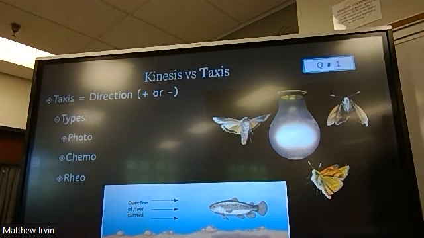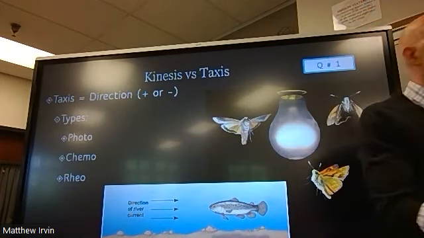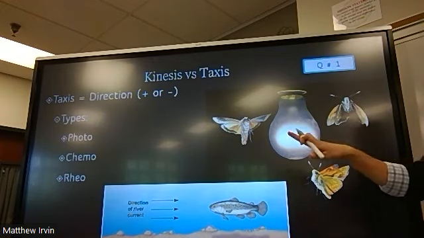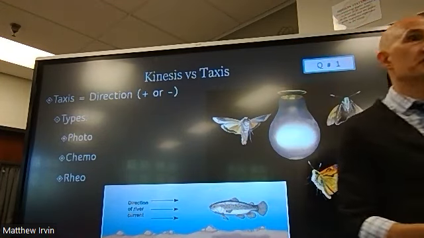Chemotaxis is toward or away from a particular chemical scent. This can be used in terms of marking territory. So dogs peeing every 20 feet when you take them on a walk. And then it can also be for communicating reproductive readiness by females to attract males. And then it can also be kind of chemical defenses. Some organisms will spray chemicals and then their predators will run away. And then of course, rheotaxis is the movement into the direction of flowing water.